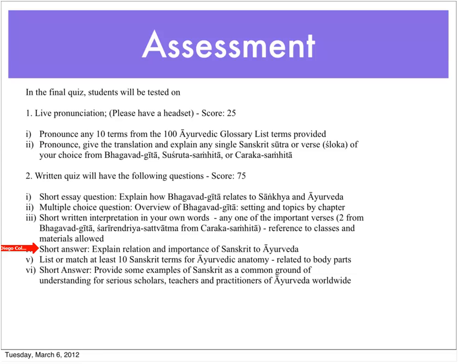We'll ask you to give a short answer, explain the relationship and importance of Sanskrit to Ayurveda, and match or list at least 10 Sanskrit terms for Ayurvedic anatomy related to body parts. So we also have that in our glossary. And give some examples of how Sanskrit can be used as a common ground of understanding for serious scholars, teachers,